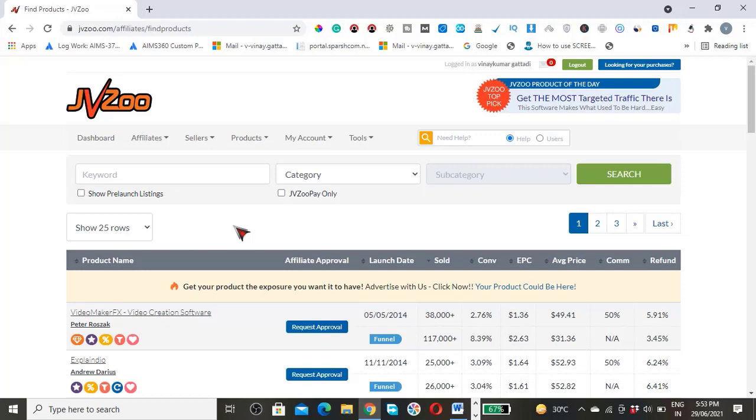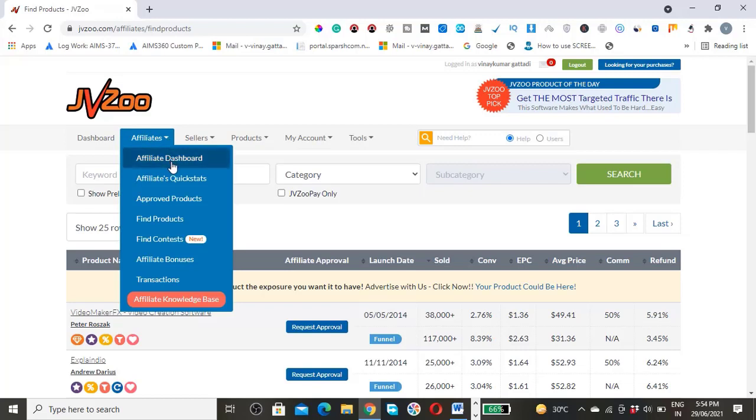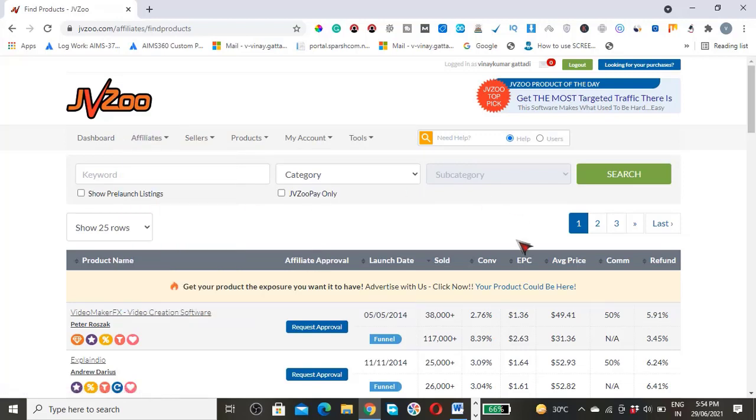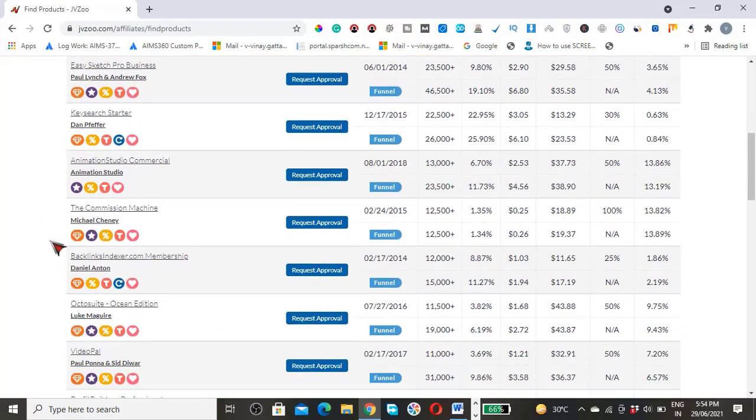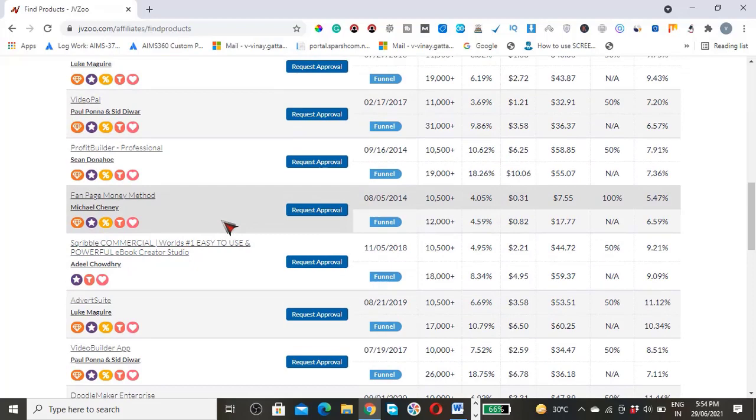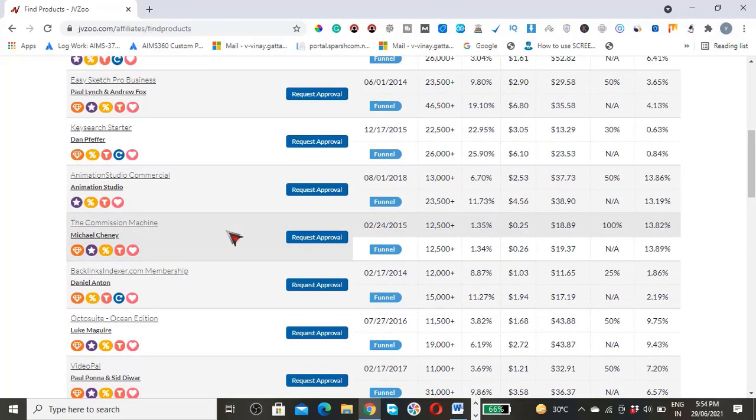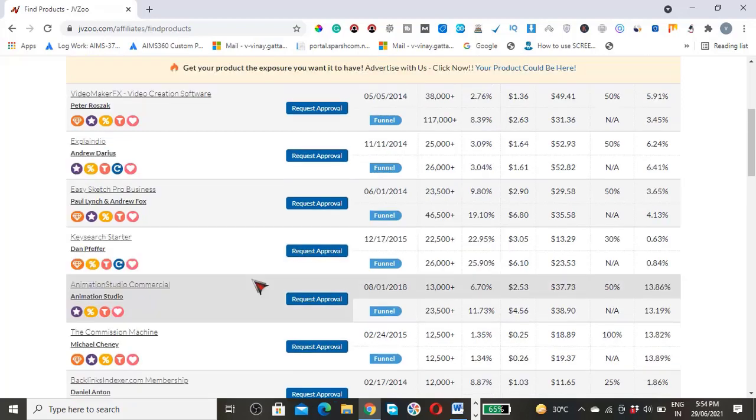So the first thing you want to do once you are in JVZoo, go over to the affiliates, click on affiliates and click on find products. Then you will be redirected to this page. This is going to give you a list of all products on the platform. As you can see here, there are top sold products on the platform.